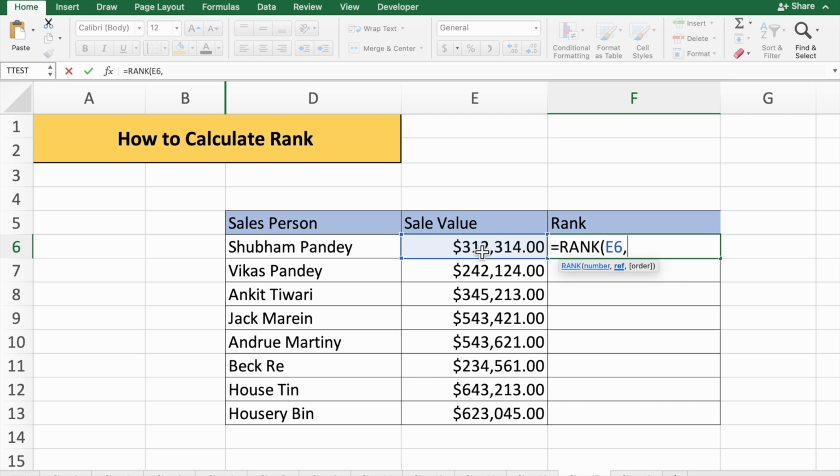For the reference I have to pick all the sales values. Next, you have to lock these cells, E6 to E13, so that when we drag down this value will not change. You just press F4, and again I am going to lock this one also, F4. Then you put a comma, and here you will see the options descending or